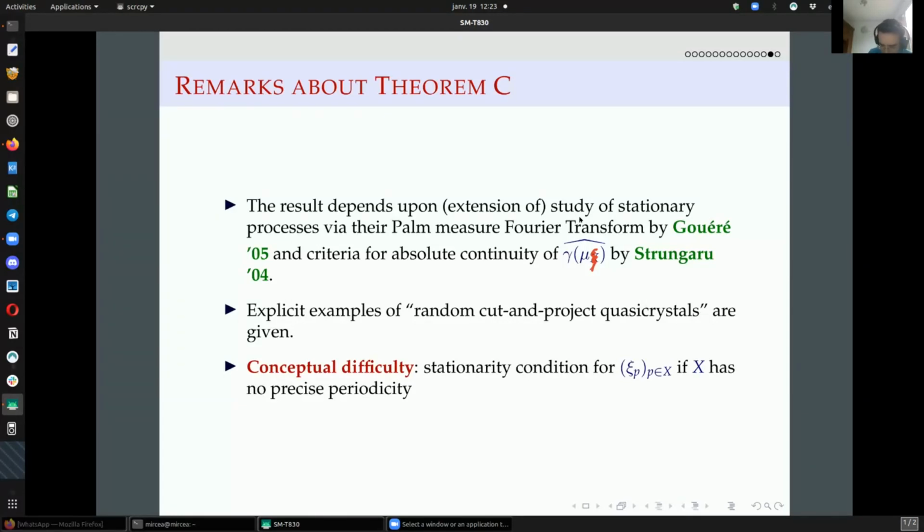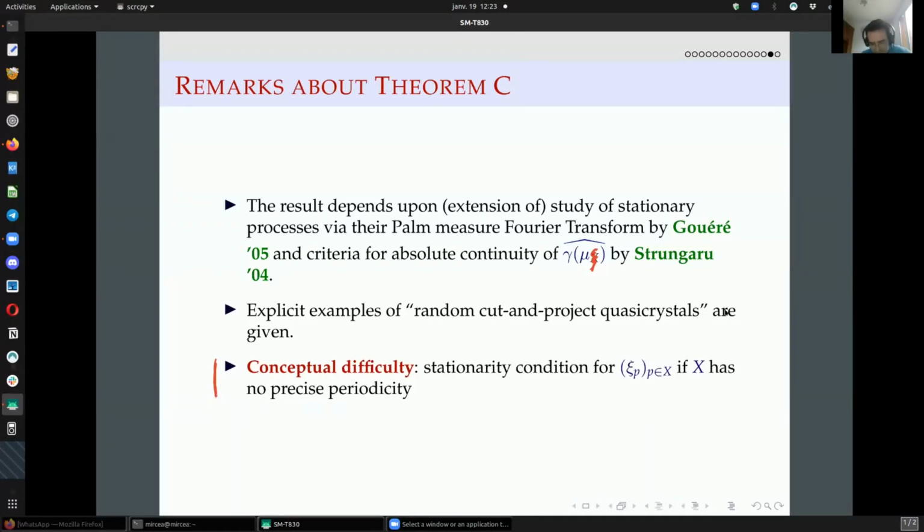And then we have examples of some kind of random cut and project quasi-crystals for which we cannot have perturbations that are identically distributed or independent, but still, if the result is a weakly mixing stationary process of the perturbation, we can recover it, and we have an explicit example of that in the paper. And then here I want to emphasize this: this is something for the future. We didn't completely solve it.